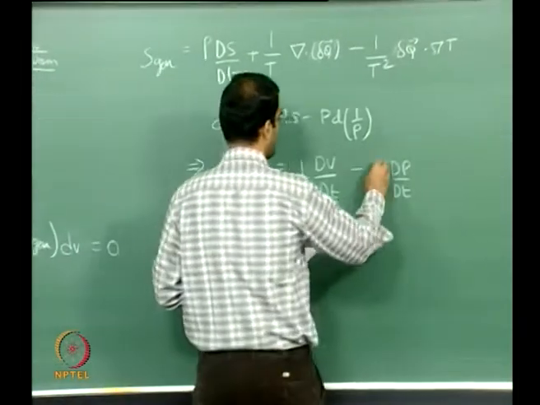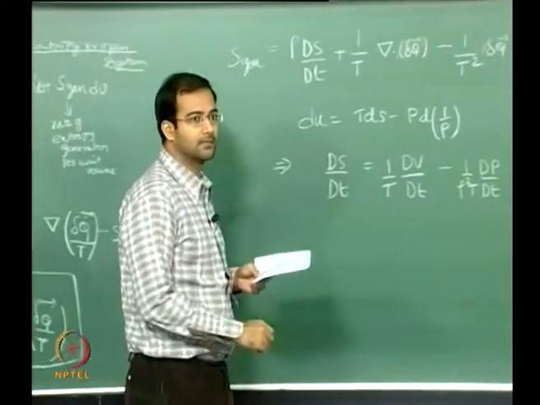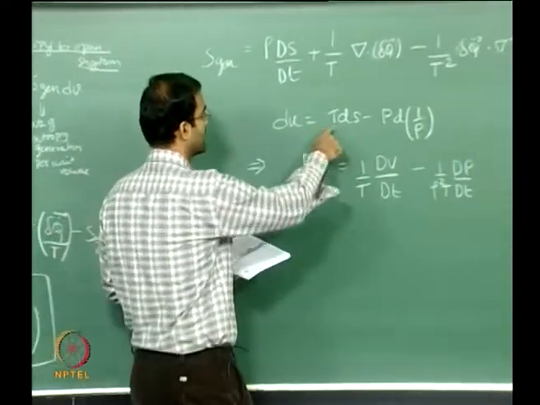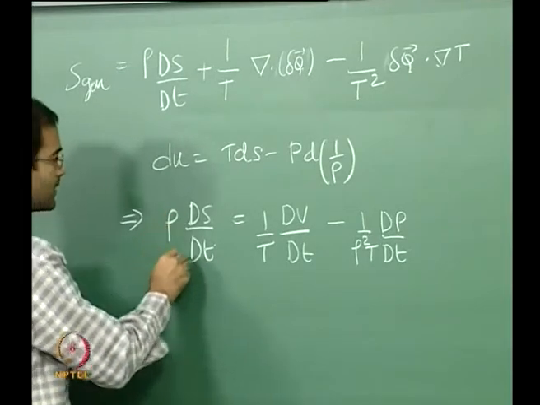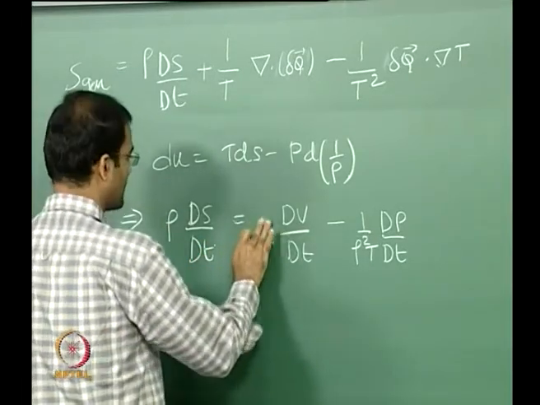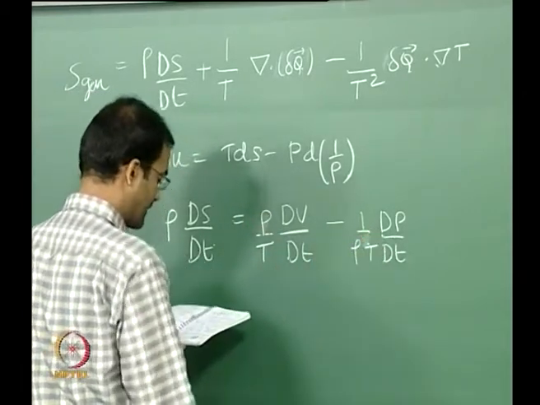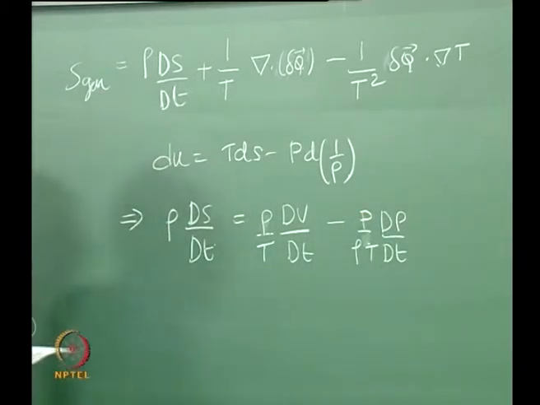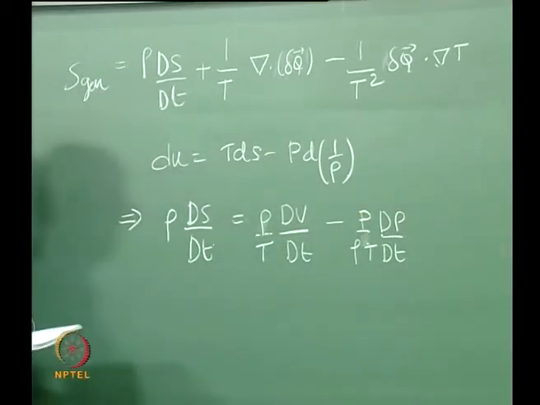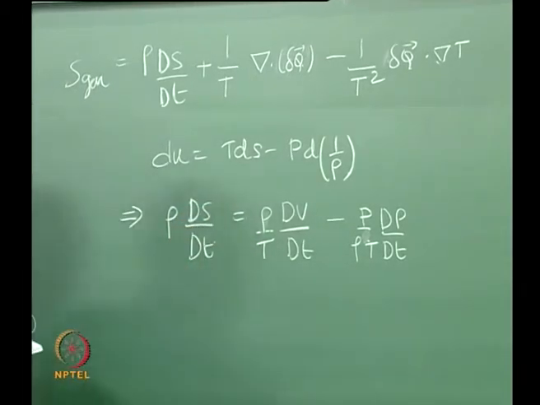Rho square and T, right? So I am taking this T, dividing it on the other side, so I am now going to multiply this by rho throughout, so that this can be written as, there should be a P here, P by rho T, right? So this is a little bit of manipulation to suit my convenience here,